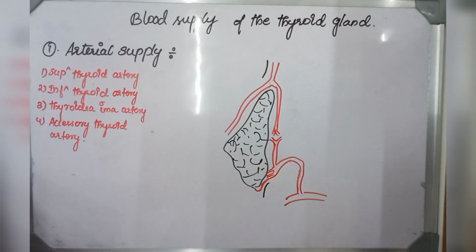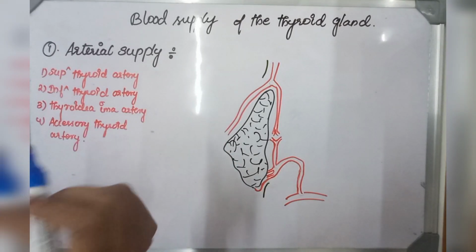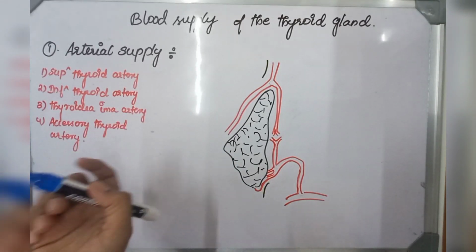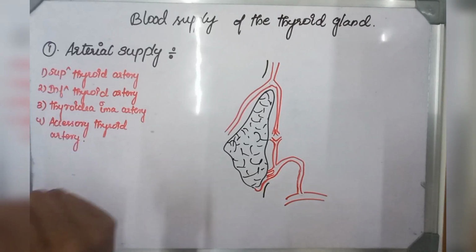Today we are going to see about the blood supply of the thyroid gland. Before moving to the topic, we are going to see a little bit of outline about the supply. As we know, the blood supply of the thyroid gland includes both arterial supply and venous supply. So the arterial supply, here we are going to see,